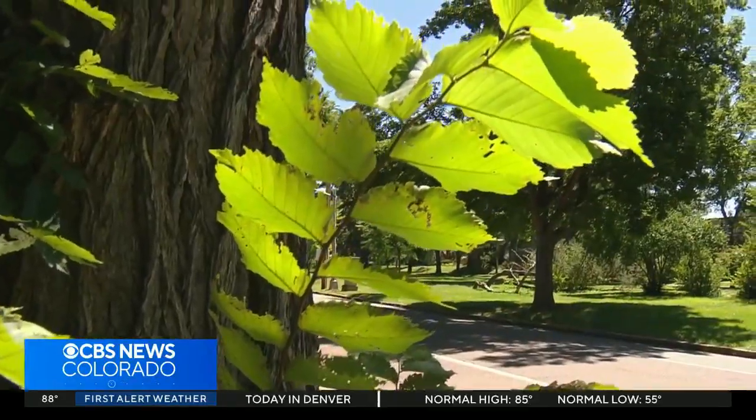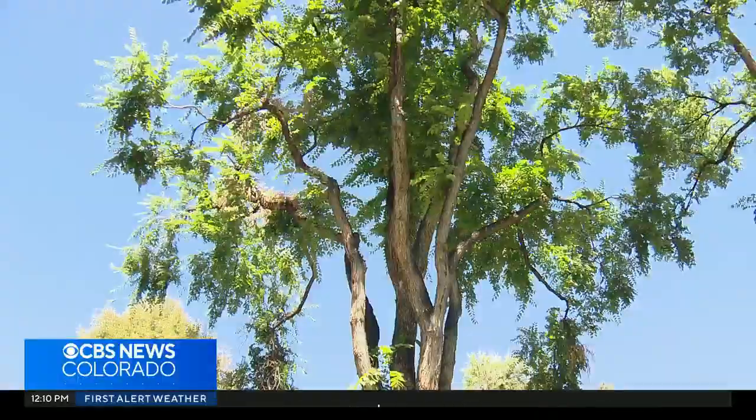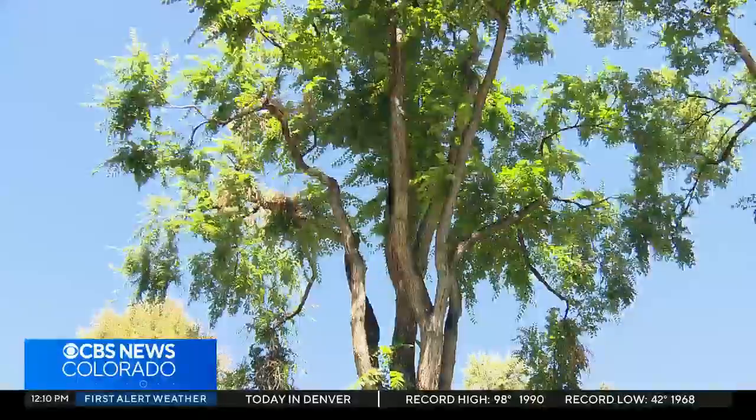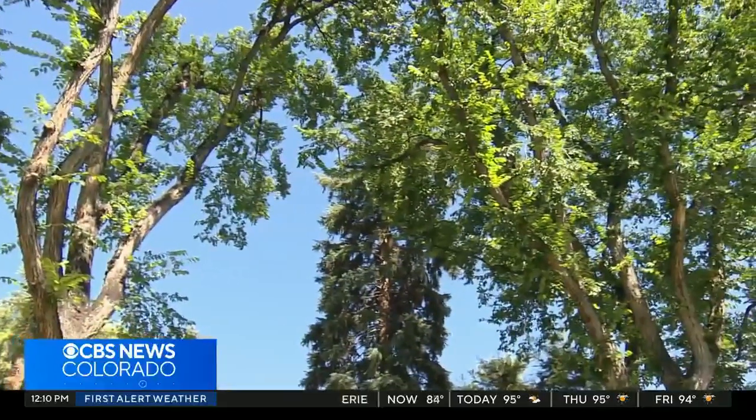So how can you tell if your elm tree has the disease? Arborist Taylor Judd says, look at the top leaves. It looks like early fall color, let's say early spring, summer. You will actually see early fall color. That's an indicator. Judd says the disease can even spread to trees some 40 feet apart, so it's important to